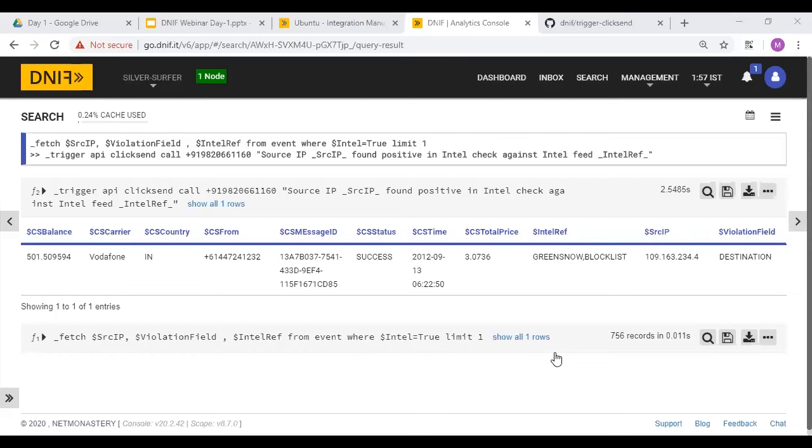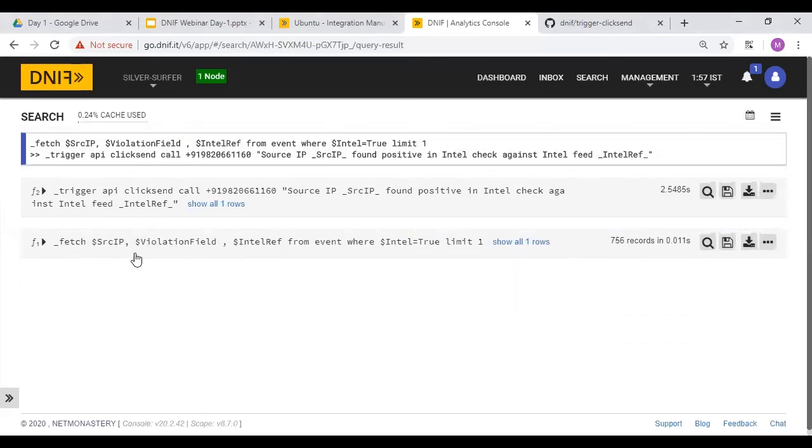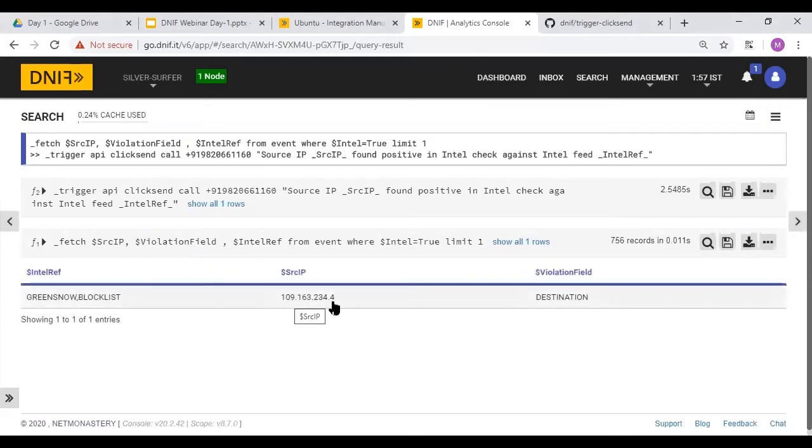If you have not heard, let me tell you what the person had spoken. You are getting input that first is Intel true, meaning the IP address you are looking for was found inside the enrichment tool. The output as the first filter shows this IP has a violation in the destination field and has been found inside GreyNoise and the blocklist database. I want to send this as an alert, as a call information or call notification.